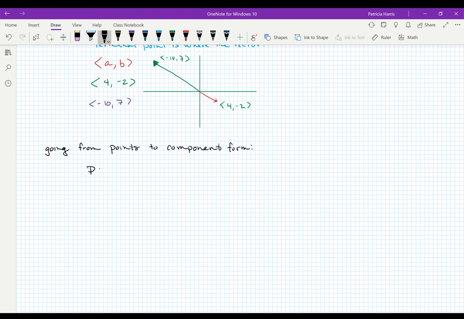So let's say I give you a vector that has points 3, 10 and -4, 8. Okay, so that's your vector. Your initial point is 3, 10. Your terminal point is -4, 8. So all you have to do